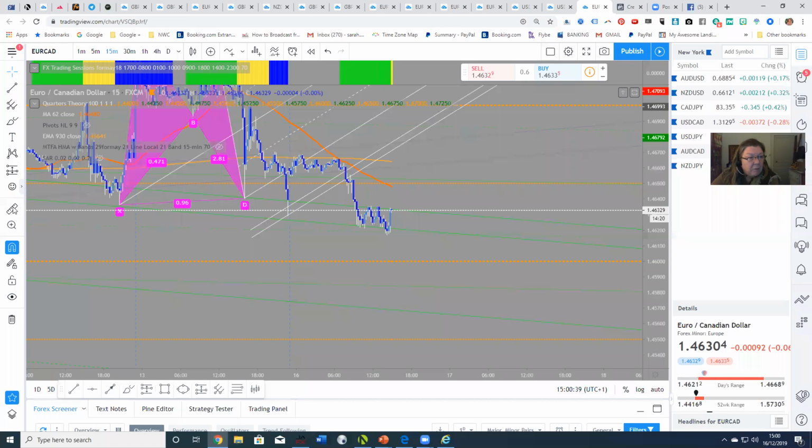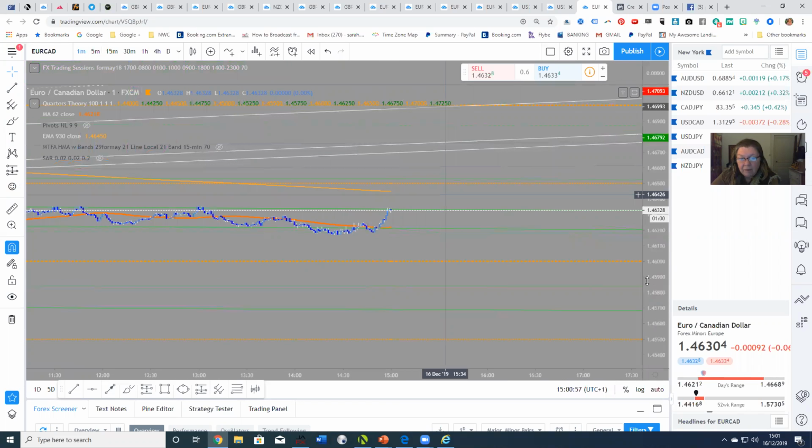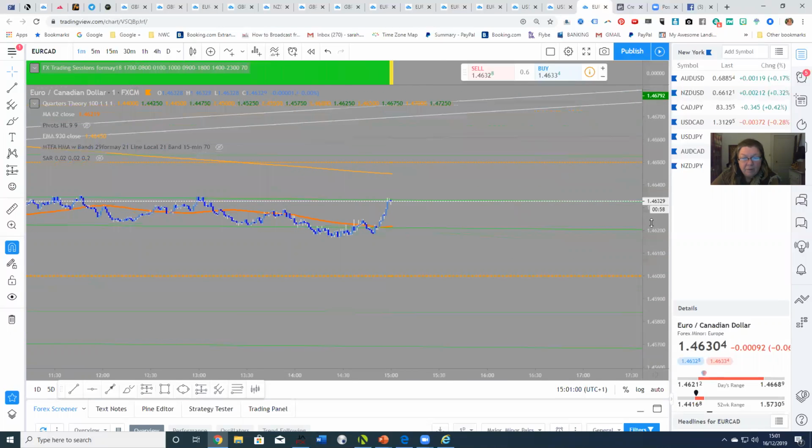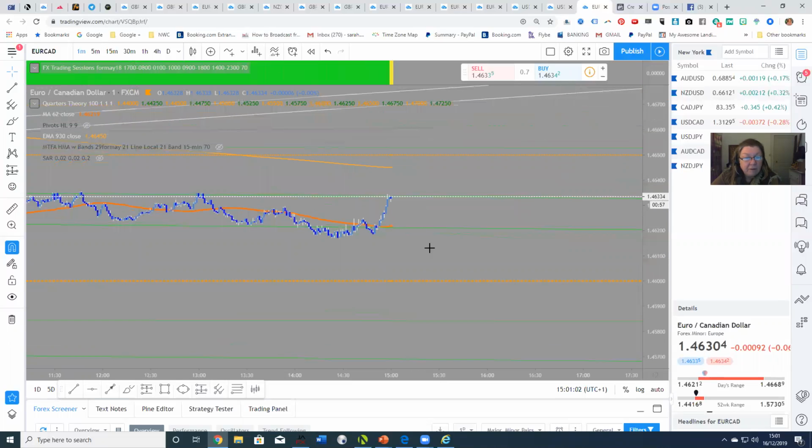And I want to look at the measurement. It wouldn't pop up with that, I can't see what I'm doing. I want to see if it's more than 10 pips on the break. Well, it was 15 down to there. So that to me said it's solidifying on a downward trend. We've still got the 62. So it's testing this pitchfork. So what I'm waiting for now is I need a 1 minute